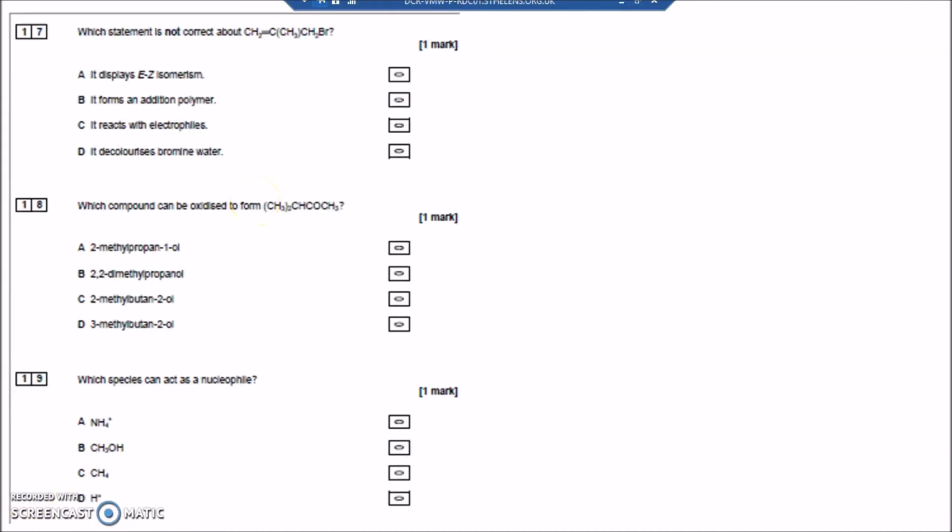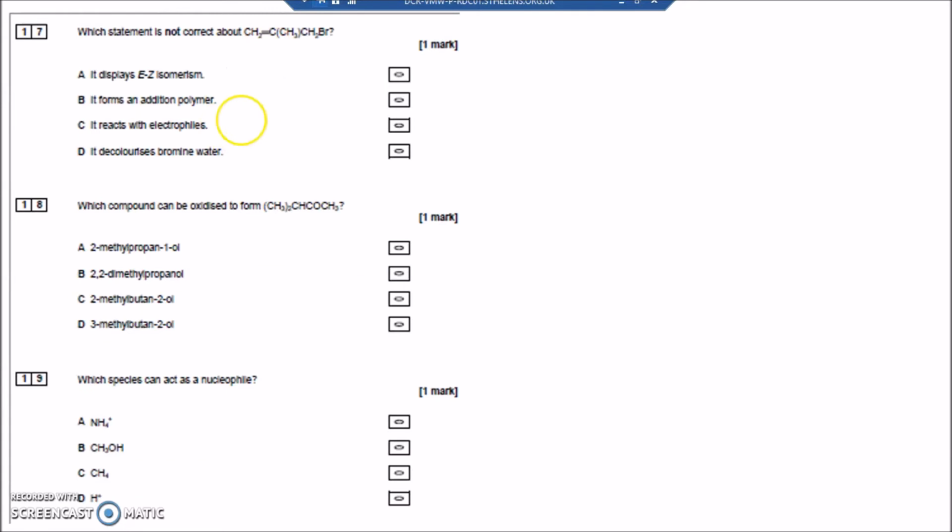Question 17. Which statement is not correct about that chemical? It's got a carbon-to-carbon double bond, it's got a branched chain, it's got a Br on there. So let's have a look. It displays EZ isomerism. So EZ isomerism, or geometrical isomerism, which is a form of stereoisomerism, where you've got no free rotation of that double bond, which causes atoms to be in fixed positions in space. So same structural formula, but